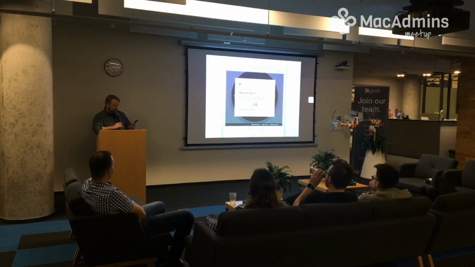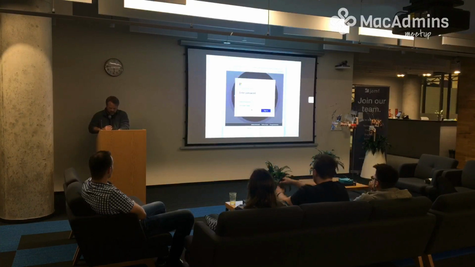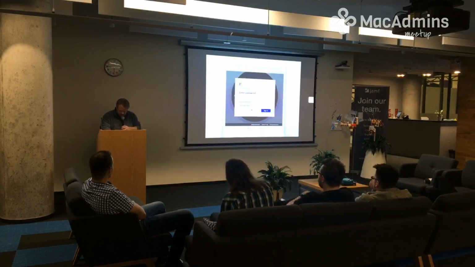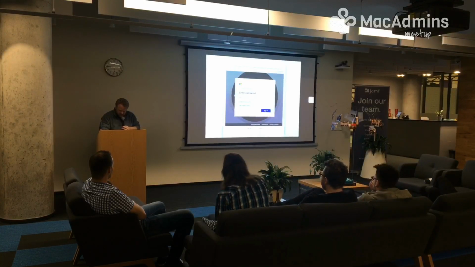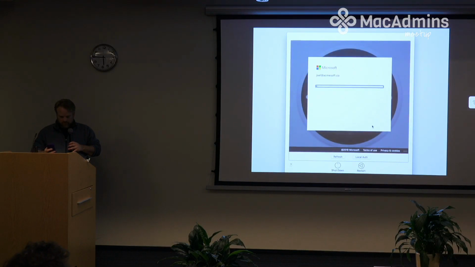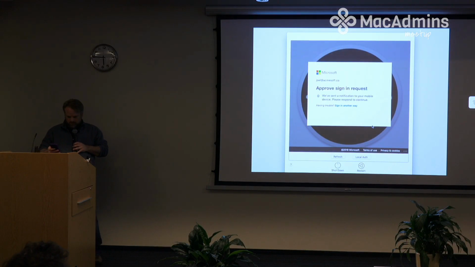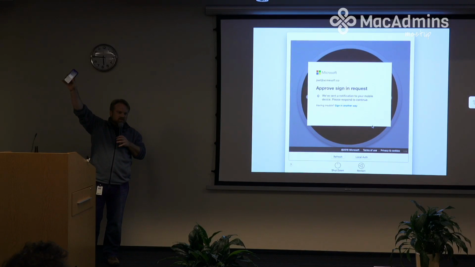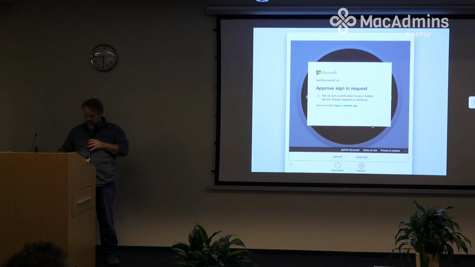It's going to prompt me for my password here. I'm actually going to, I broke the Authenticator app on my device. That's the Microsoft two-factor. So I'm going to type in my password, and then it's going to give me a push. So here I've got to approve the sign-in request. I shouldn't show this too much, there's some text on there that might not be good. So here I can hit Authenticator, and this is where I get the push notification on my phone. If I hit approve,